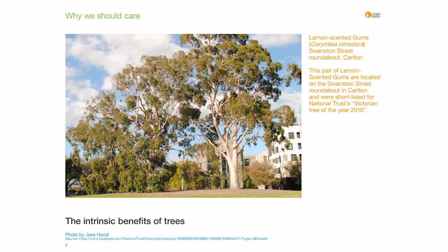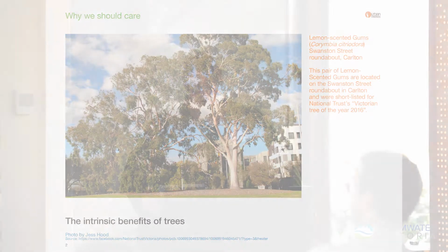So, the intrinsic benefits of trees. This slide shows a pretty iconic element of the Carlton landscape that you're probably, hopefully, all familiar with. That's because trees are the dominant component in urban landscapes. Trees are important to people, and they symbolise personal, local, community and cultural meanings. This takes me back to university, but there's also a connection to the history of the place in terms of who designed the original college at the University of Melbourne, but to someone else it might have completely different meaning, or they might just appreciate it for the trees alone. But one of the most effective ways of improving the urban environment is to plant trees.